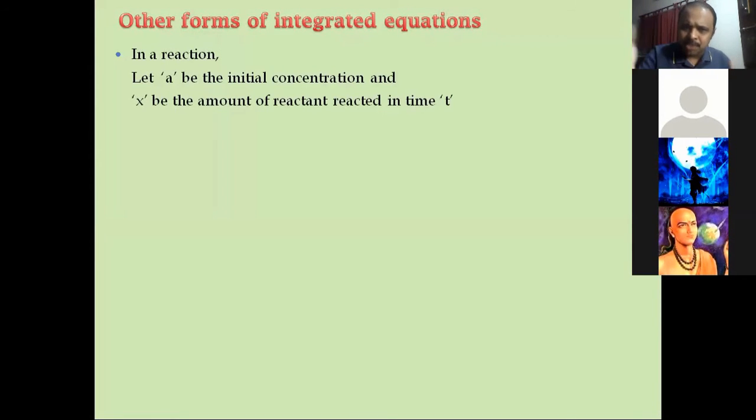Now, when the reaction proceeds with time, the 2 moles of reactant slowly decrease in concentration. Say after 1.8 seconds, about 0.5 mole of the reactant converts to product. However much reactant has been converted to product is X. X is the amount of reactant converted or reacted in time t. At 1.8 seconds, 0.5 mole got reacted. So 0.5 is X, 2 is A.